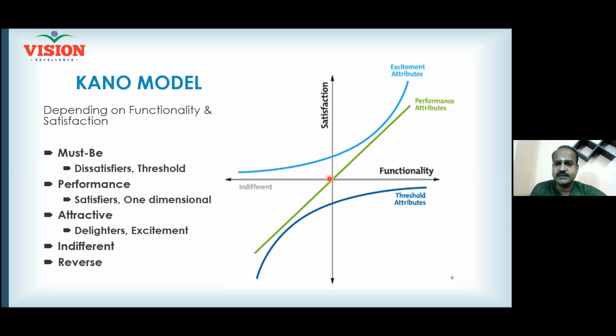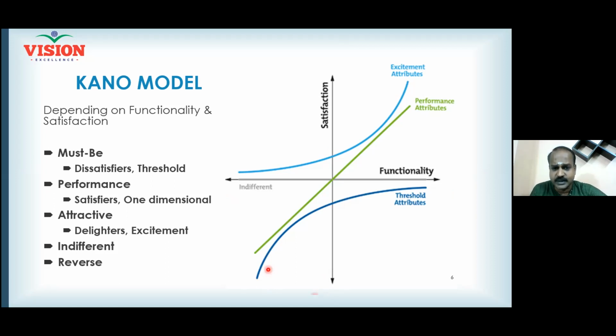And now the y-axis. If the functionality of your product feature makes your customer highly satisfied, then you are on top of the y-axis, isn't it? You go up the y-axis. If your product is not doing well, and your customer satisfaction goes extremely down, now you are moving down the y-axis. Now you understood what the x-axis is and what the y-axis is.